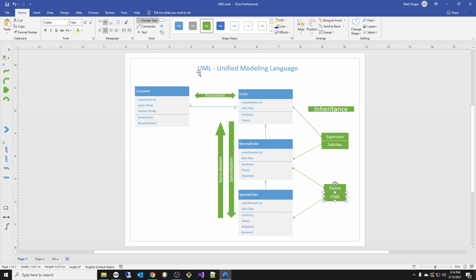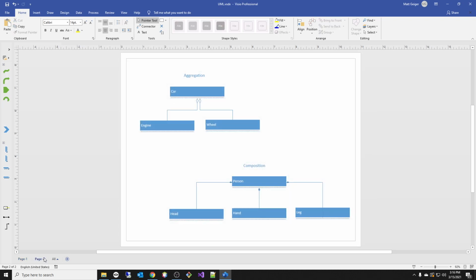Okay, so UML is not hard to understand. If somebody said, hey, go out and write this normal order class, you could probably do it without a problem. You may have to understand what they want for confirm and close, but you could write the skeleton of the class just based on looking at this diagram. Now there are a couple other concepts I want to talk about that we may have talked about in our Java CCP class, but we may not have talked about a lot in our regular Java programming last fall. And that is these two ideas, aggregation and